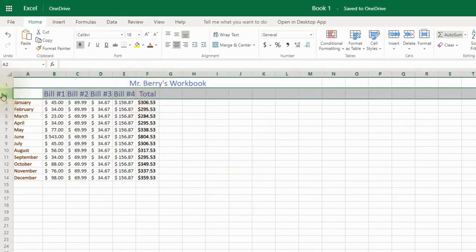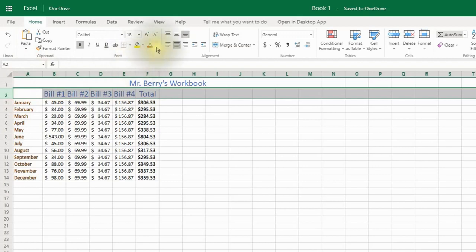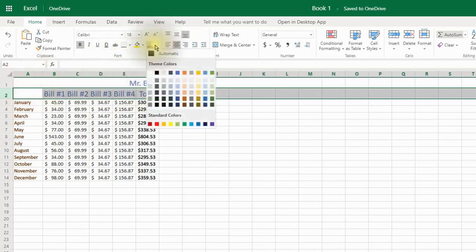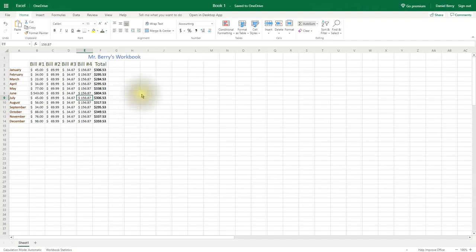And you can click on the row or the column to highlight everything, and you can choose a different color. So for the labels here, I'm going to change it to a different color. I want these to be a nice dark green. So that's how you make a workbook really quickly in Microsoft Excel. Now the nice thing is you can actually do the exact same thing with Google Sheets, and you can make multiple workbooks and actually share them across the 2 apps.